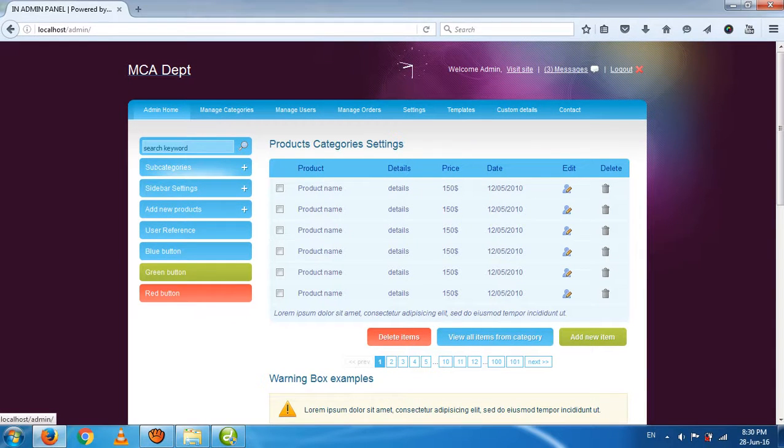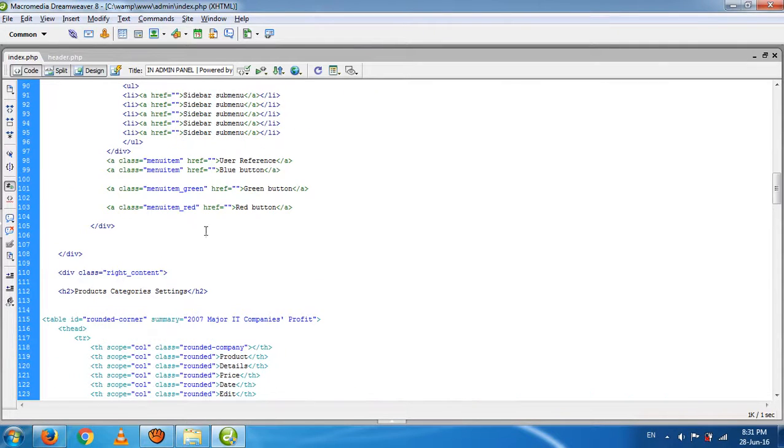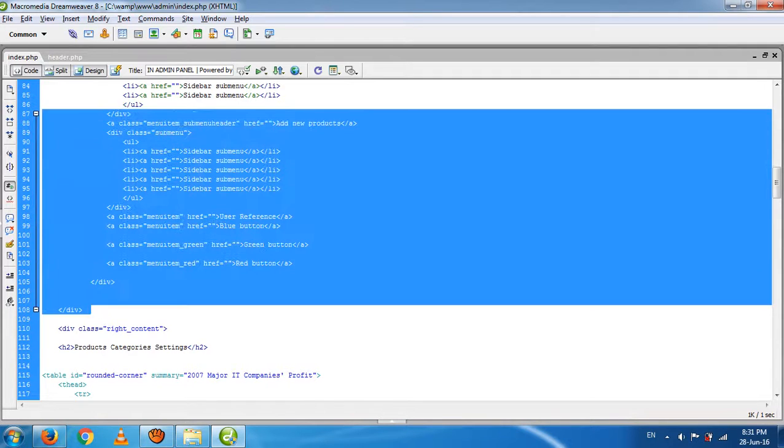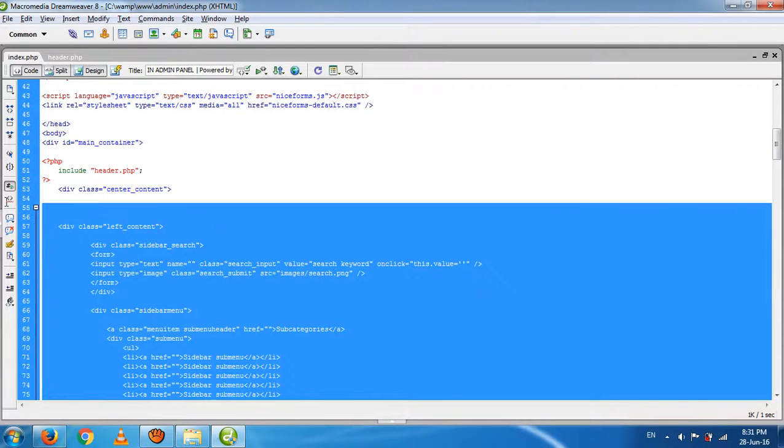Second thing which we can do is called left.php, the left side, or we can also say it is a menu. So create one more file for the left portion and give it the name left.php. Find the categories, subcategories, sidebar, and the last one is the red button. So that is the red button, green button. We can say that is the end, and this one is the beginning.